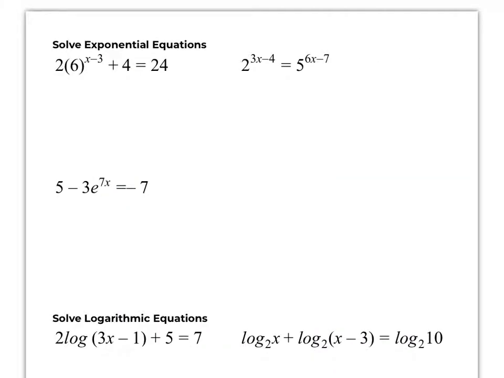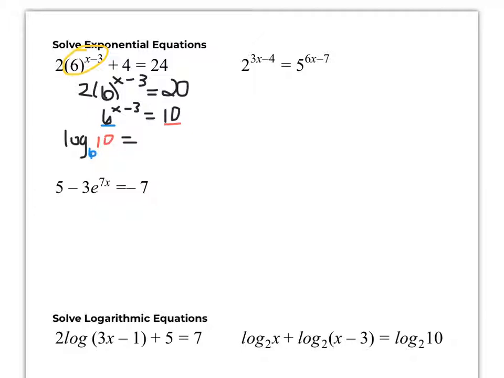After properties, we talked about solving. To solve, if it was exponential, we would get our base by itself. So my two steps to do that were to minus 4, so 2 to the 6 x minus 3 equals 20. Divide by 2, so 6 to the x minus 3 equals 10. And now we're going to rewrite this as a log, like the first thing we did in the video. So that would be log base 6 of 10